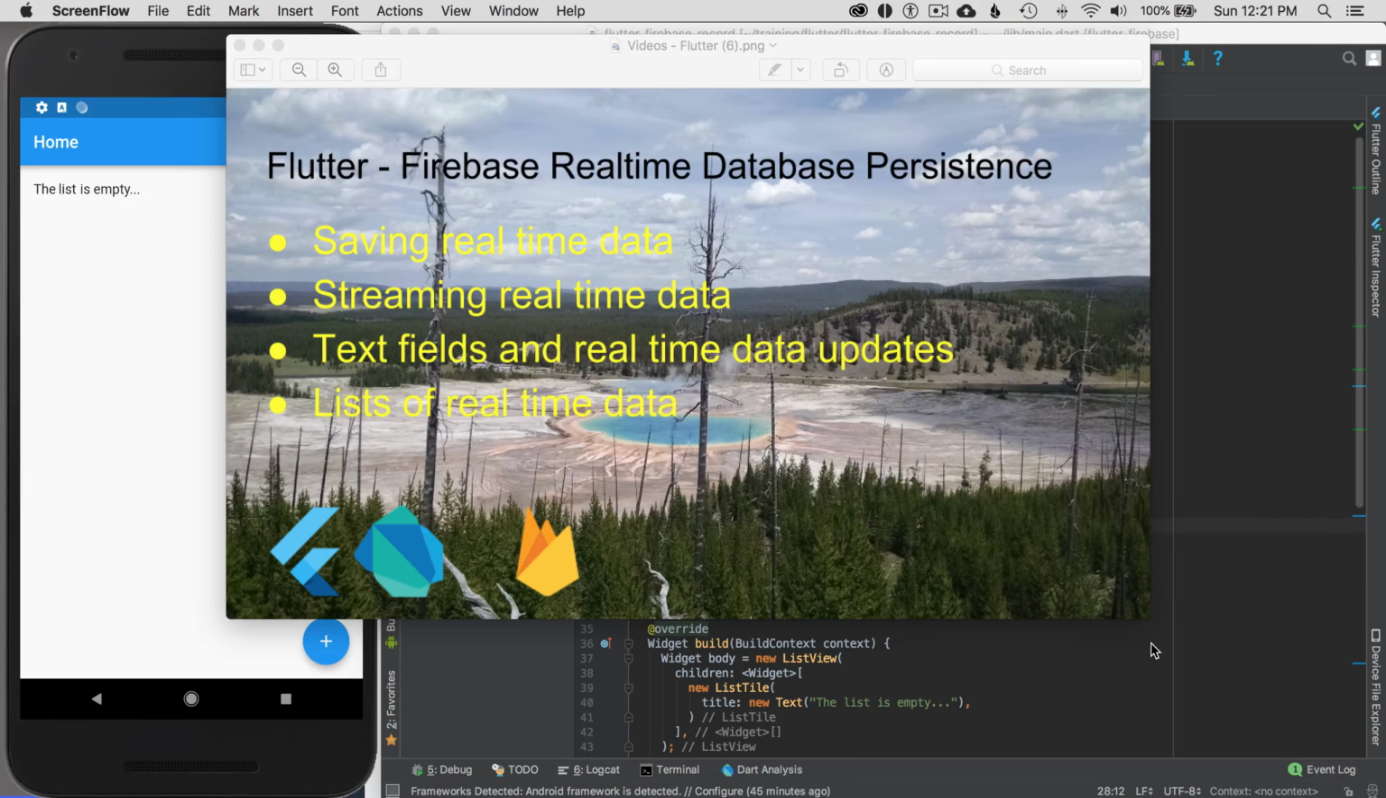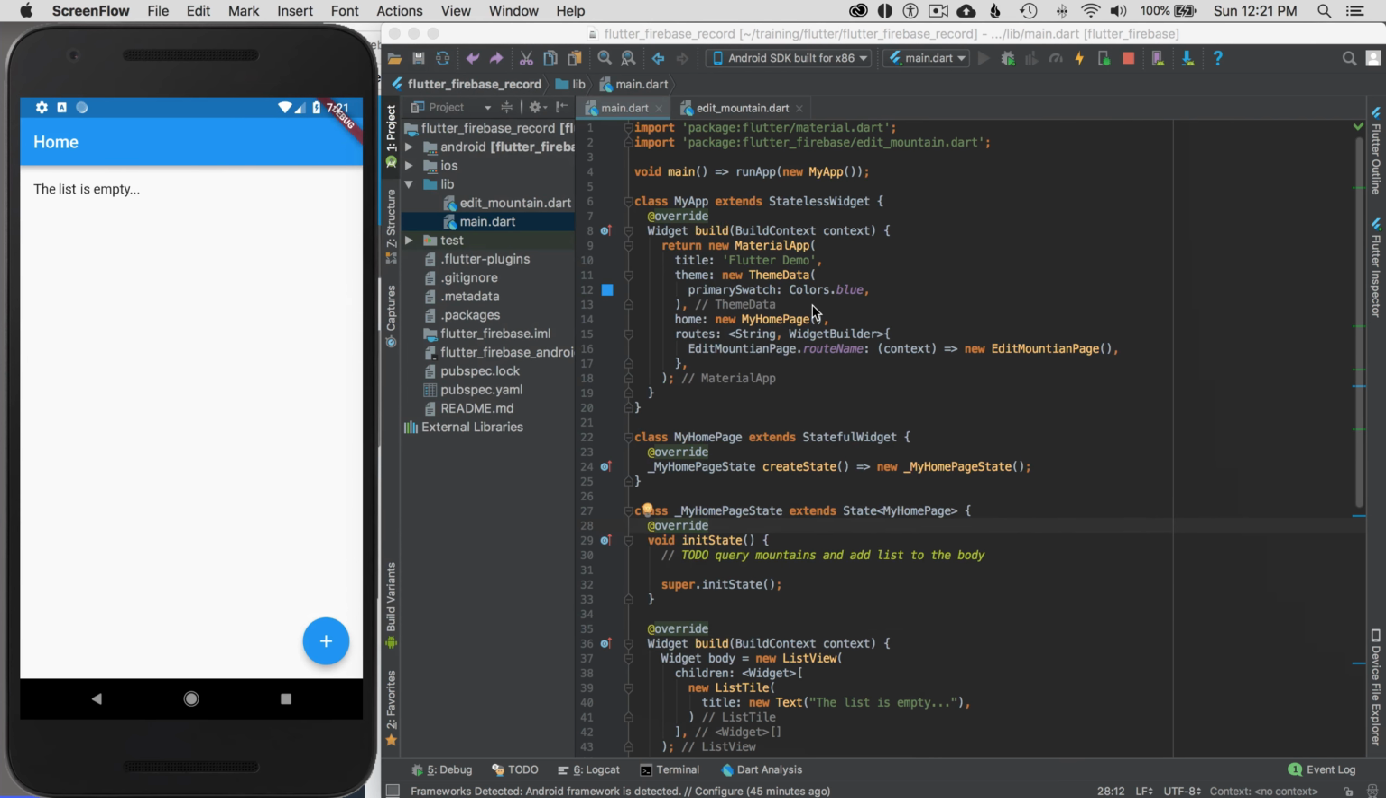In this episode, I'm going to cover Firebase real-time database persistence. I'll talk about saving real-time data, streaming real-time data, updating text fields with real-time data, and updating lists with real-time data. So what I want to do is start by going to my IDE, and I have a bare bones